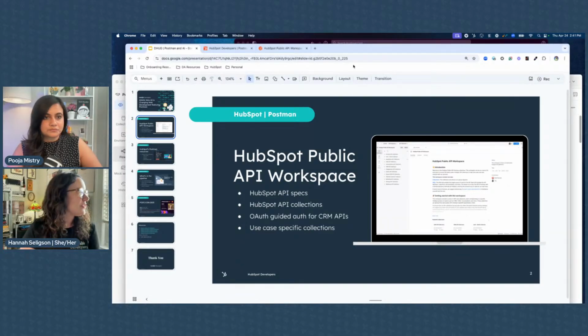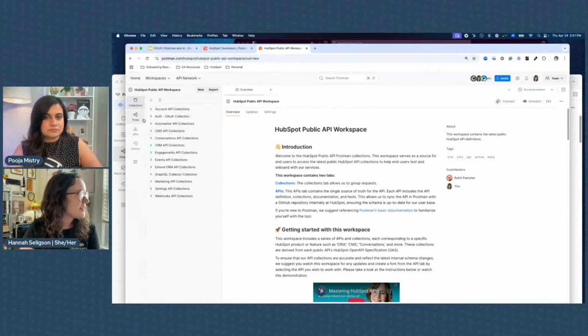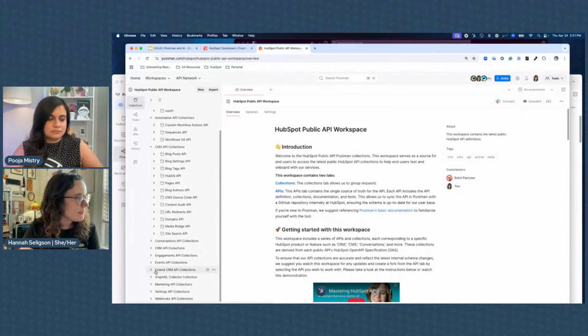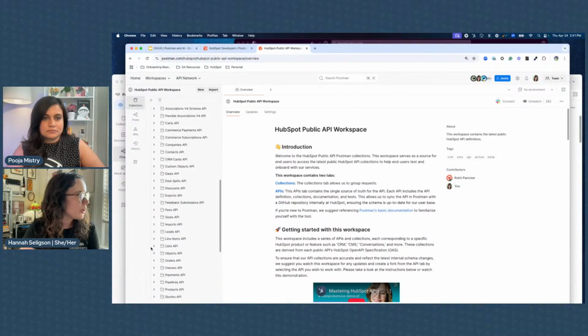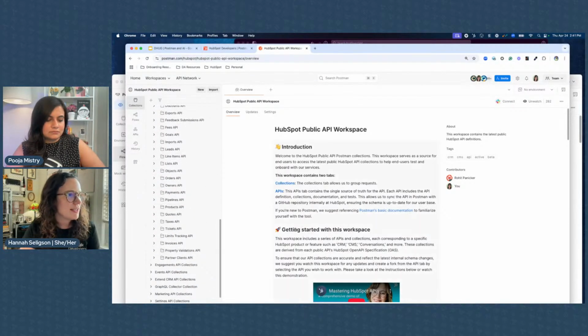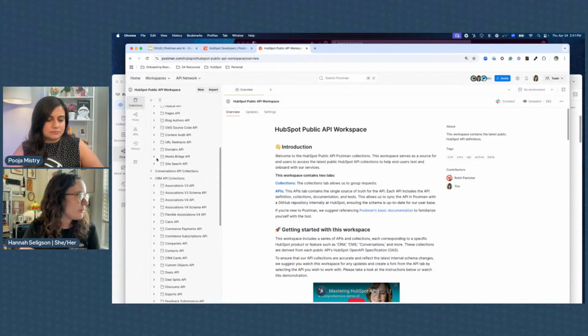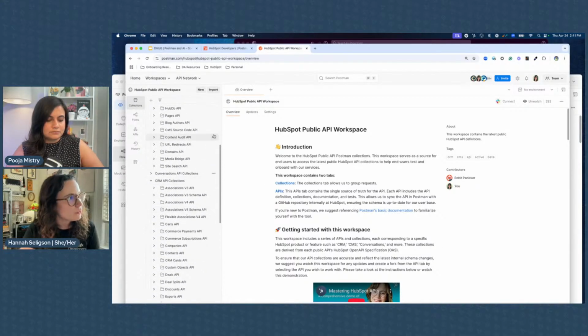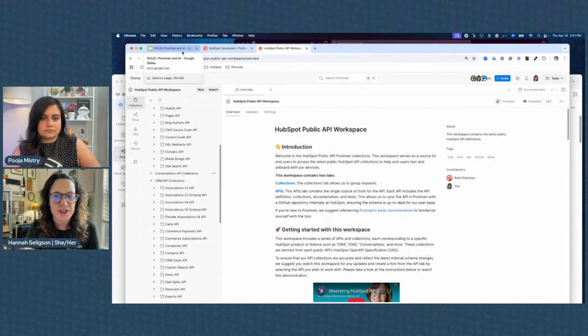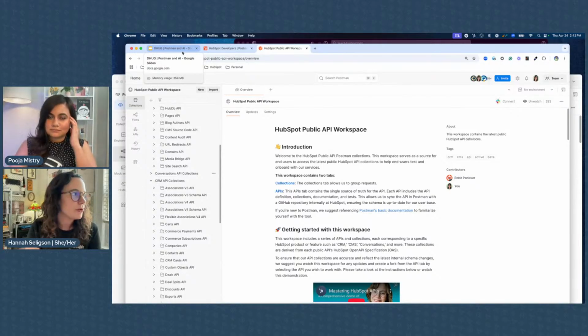And we have a public API workspace where you can utilize all of our different APIs. We group them based on the HubSpot product or feature functionality within it. And you actually have the ability to fork all of these into your own personal workspace. It's been really helpful and engaging to have this available for our developer community.